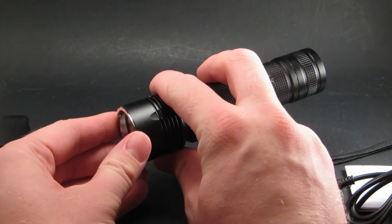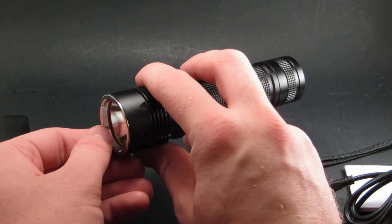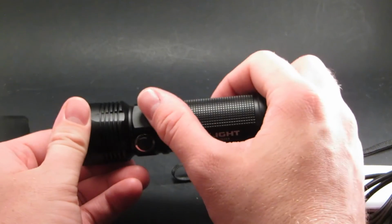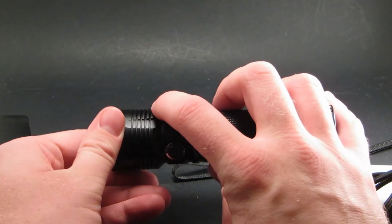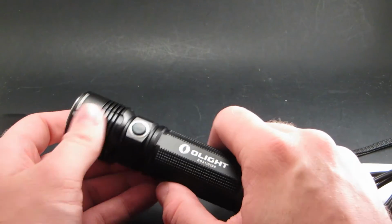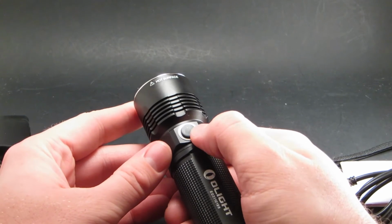It adds a little color to it. Silver bezel here, or excuse me, silver colored stainless steel most likely. So that's nice to protect the head. Some small heat dissipation fins, which is good. Keep the head of the light cool, move the heat away from the LED, prolong the lifetime of your light. Okay, so